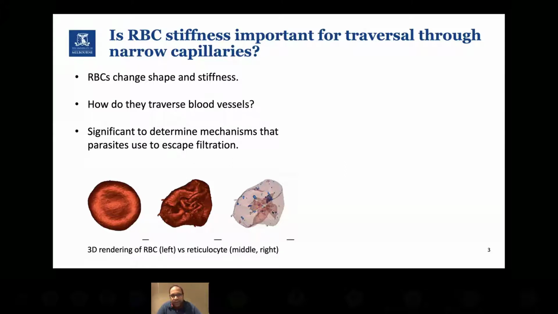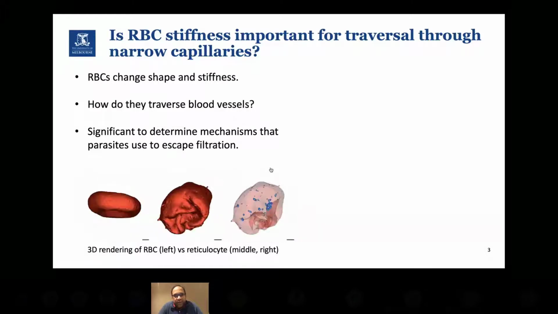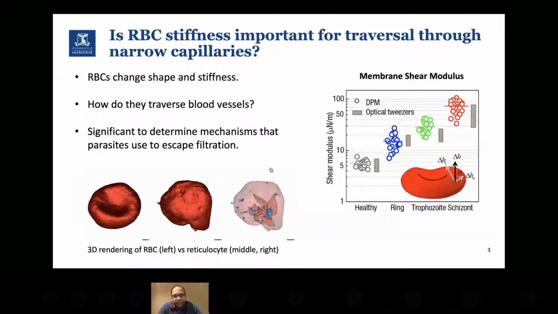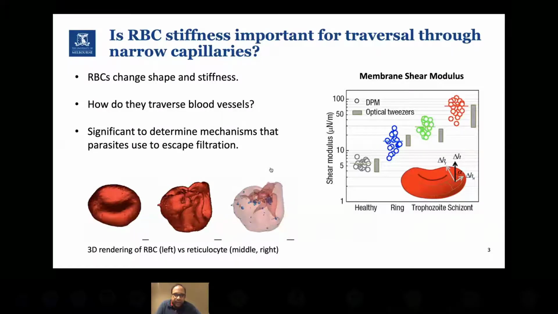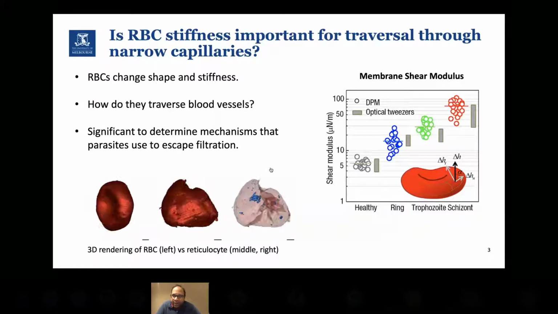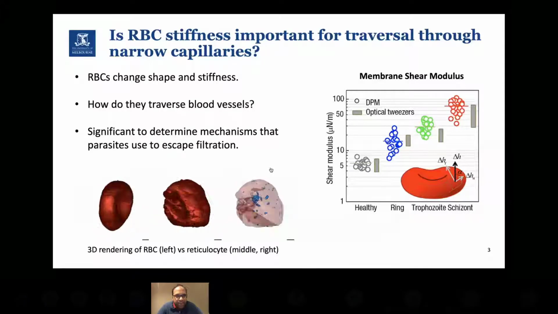Particularly when someone is infected with malaria parasite, red blood cells can undergo changes to their shape, but they can also undergo changes to their stiffness as well. And one of the questions that came up is,